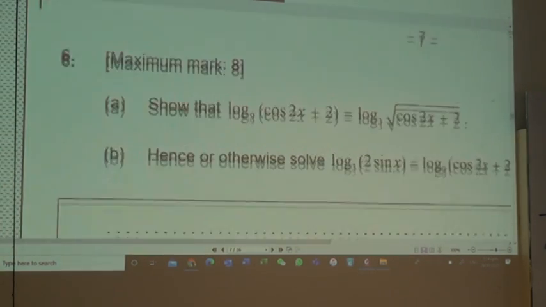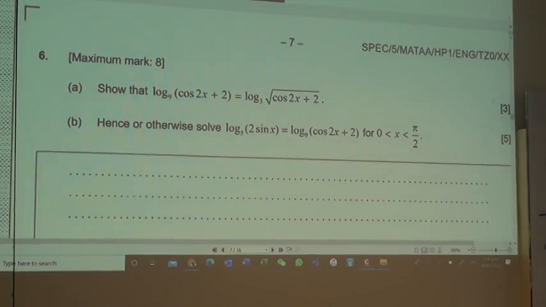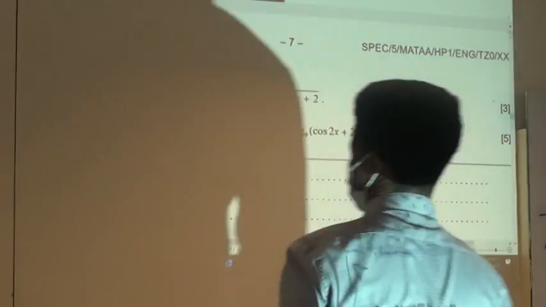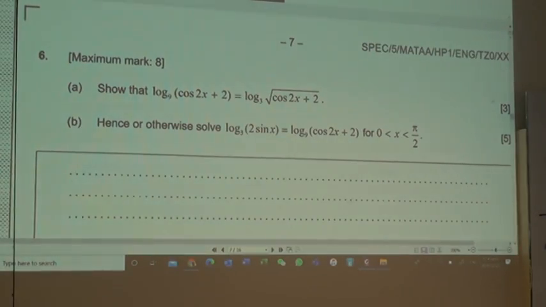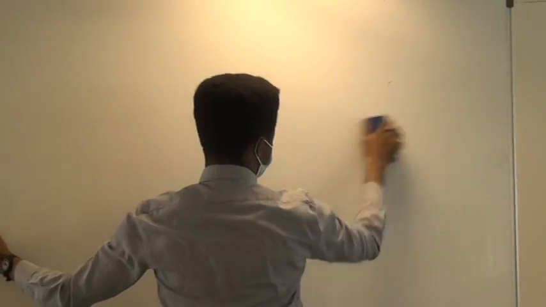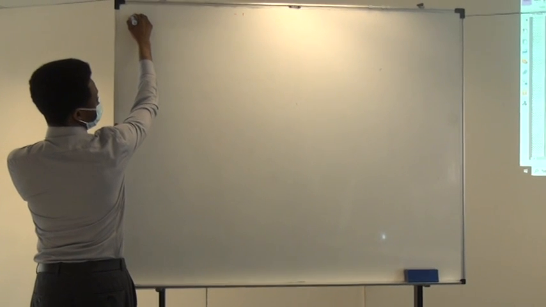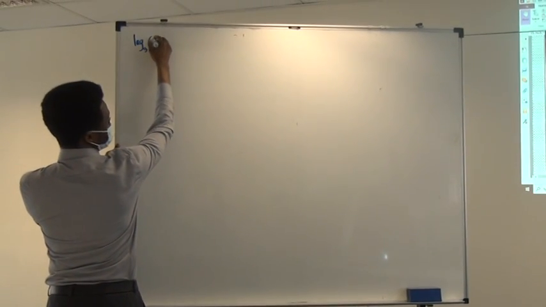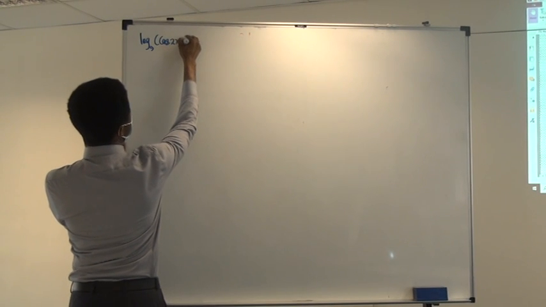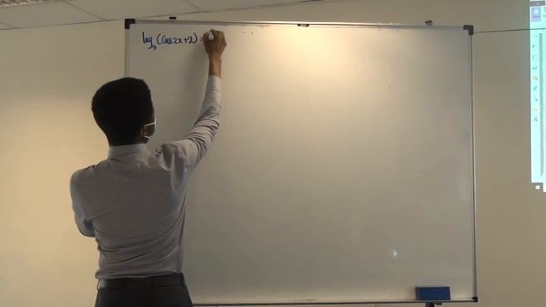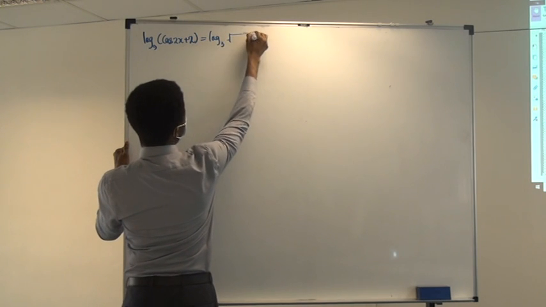Now, let's look at the next one. We want to show that... I want to show that because it's not a graph anymore, so maybe no need to move it around all the time. Okay, we have to show that log to base 9 of cos 2x plus 2